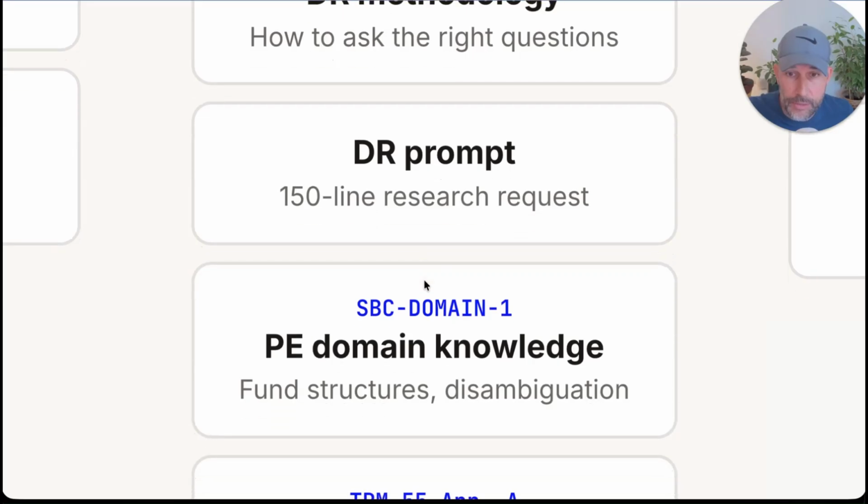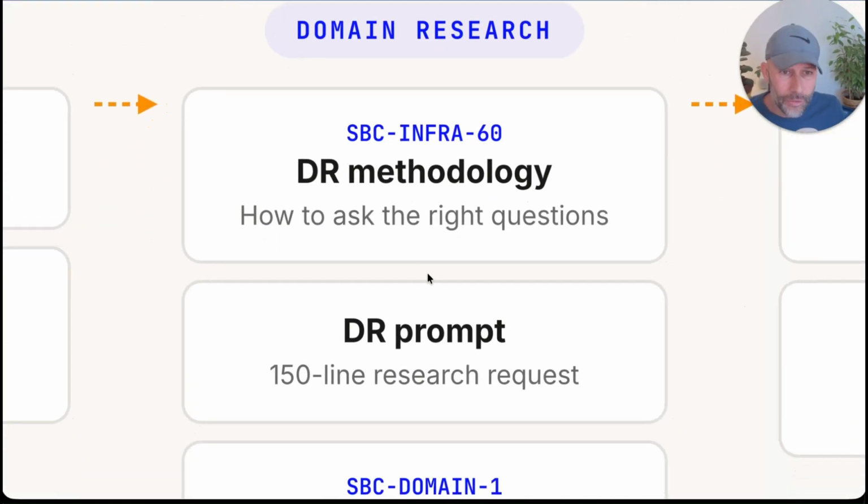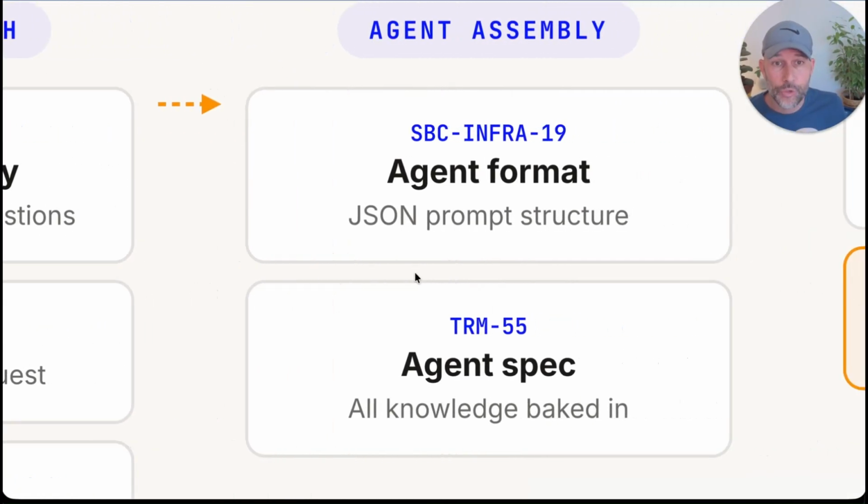That produces the private equity domain knowledge. That produces the source intelligence, what sources matter more than others. And only then this is used to produce an actual agent for that.